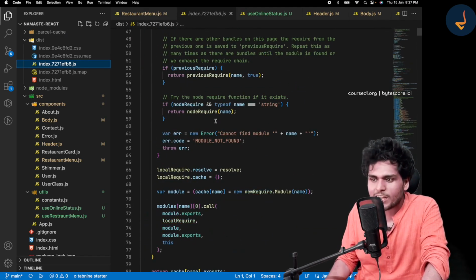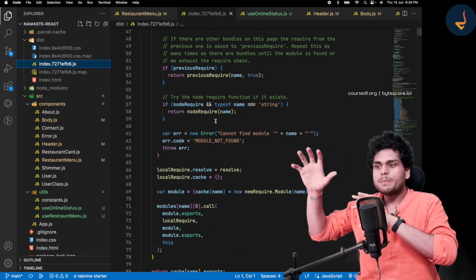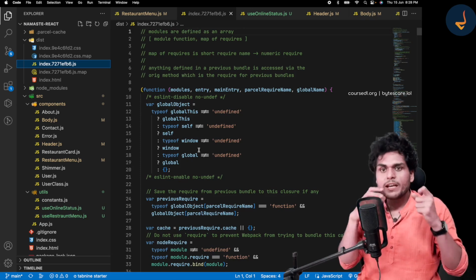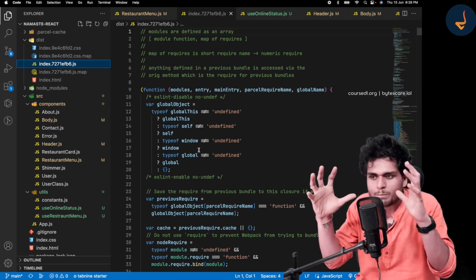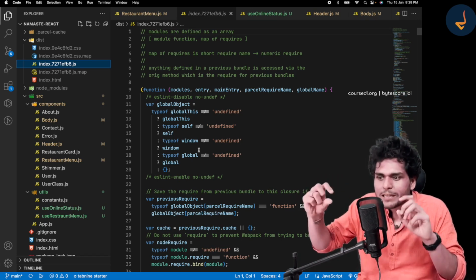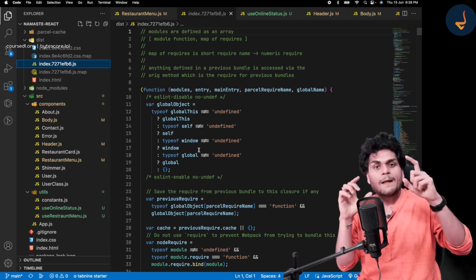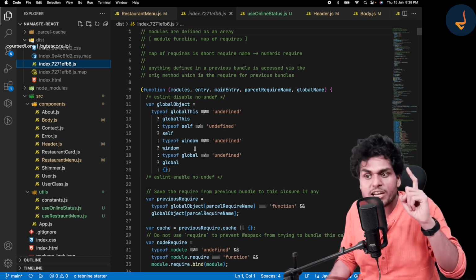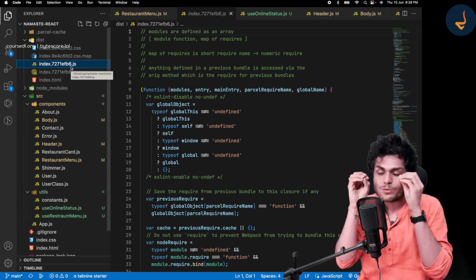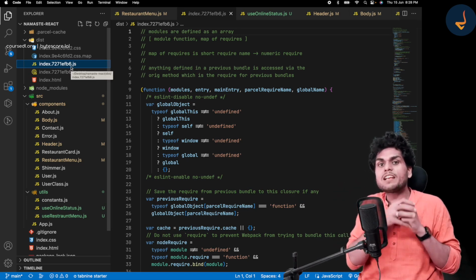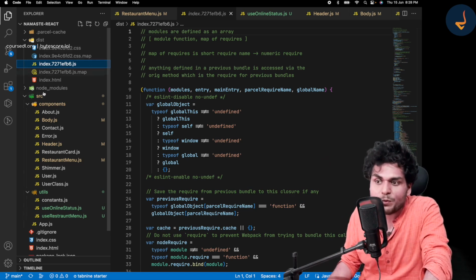So it has not been compressed or minified yet, but when you create a production build, this whole code will be compressed, minified, and obfuscated. It will rename the methods and functions and make it very small. It will generate only one JS file. It will bundle all these files into just one file and give it to the browser.